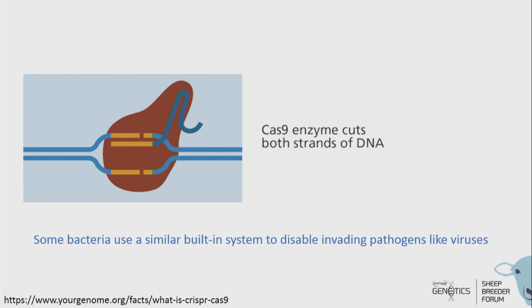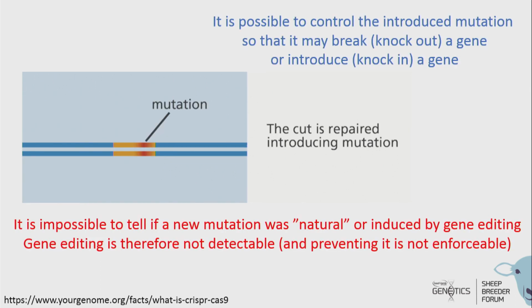So what it does is it cuts the genome right at that point corresponding to your guide RNA, and then your cell says, oh, this is a problem. We've got a breakage in the DNA, and we need to repair it. So it gets repaired, and it gets broken, and it gets repaired, and it gets broken. And it can be encouraged when it's repaired to make a small modification to it, perhaps to drop out a base, or to add another base, or to add a few more bases. So you can take a gene and break it, which would be called a knockout, or you could take something else and you could introduce a gene into it, which would be called a knock-in. And once it's